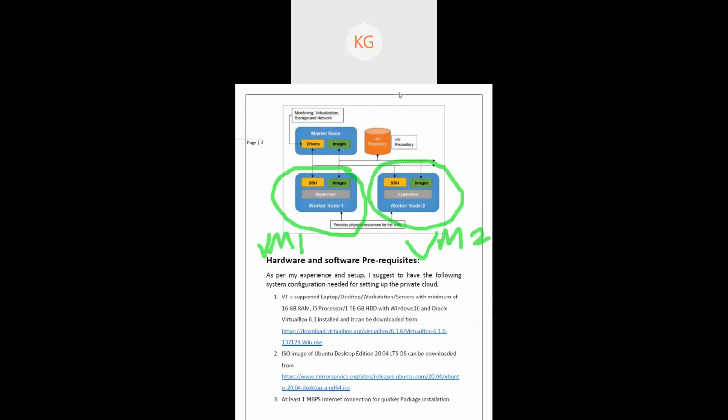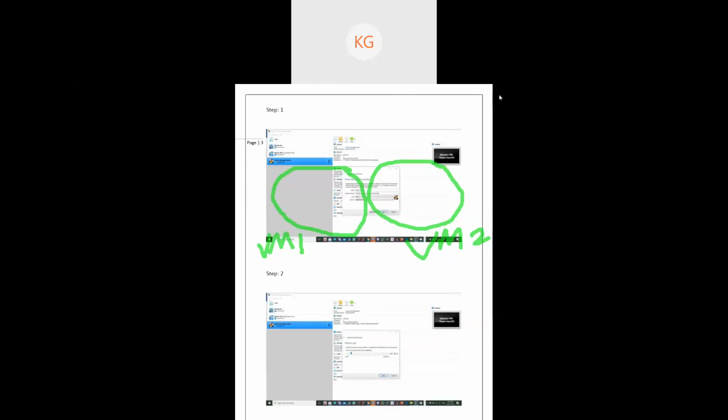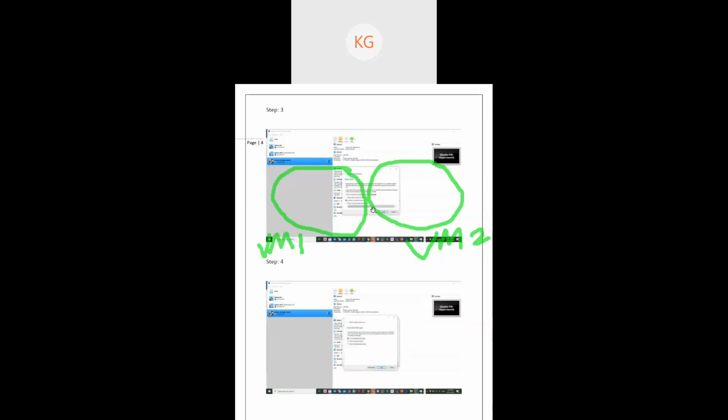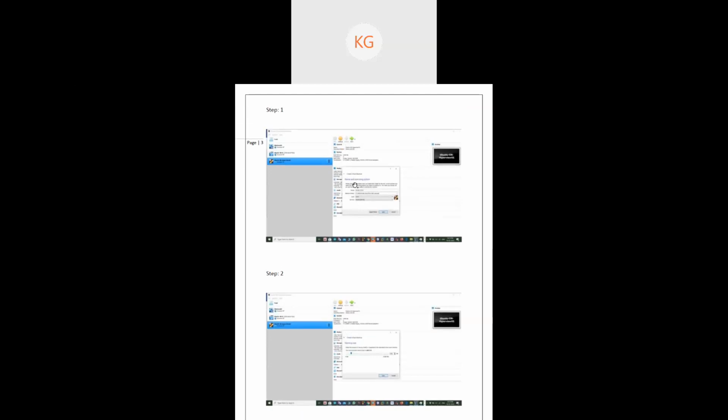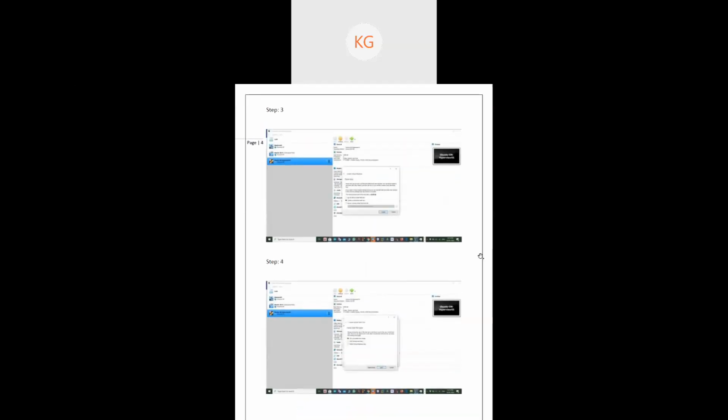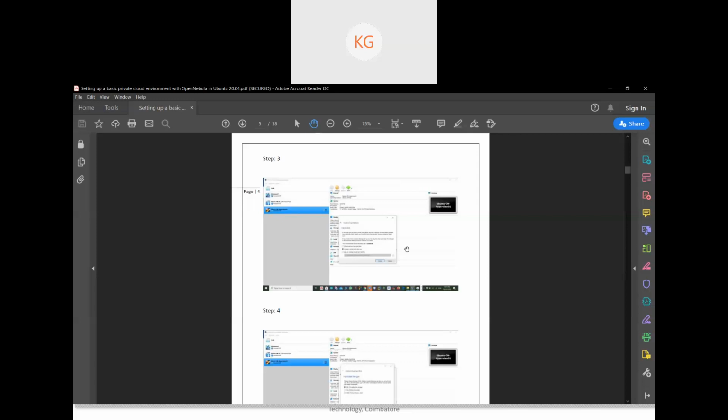One second, I'll clear my annotations so I can go to the next step. So the first step, you have to install your Oracle VirtualBox hypervisor. And second,